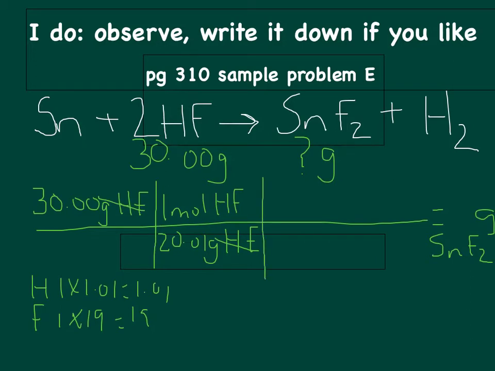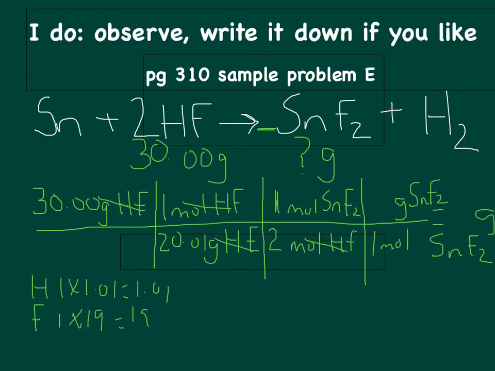The next fraction, we need the mole ratio. So I'm going to put moles of HF down here. And what we want, moles of SnF2 on the top. I get the numbers from the balanced equation. SnF2 has a 1 and HF has a 2. Now we see that moles of HF have canceled out. Now the last thing we need to do is change it to grams of SnF2. So I'm going to have grams SnF2 on the top,